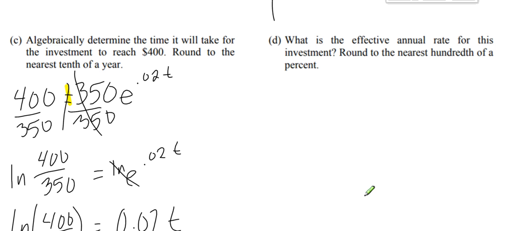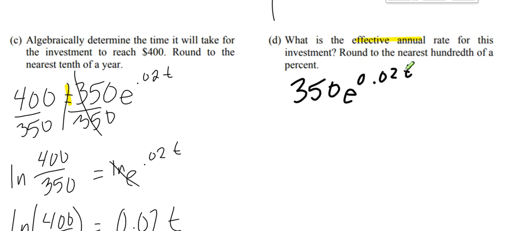Now it says, what is the effective annual rate for the investment, rounded to the nearest hundredth of a percent? So the same thing is going to be done. So we've been using the nominal interest. Now we're looking for the effective annual rate. So first off, we're going to just look at it. And I have, if I set it at 350 e to the